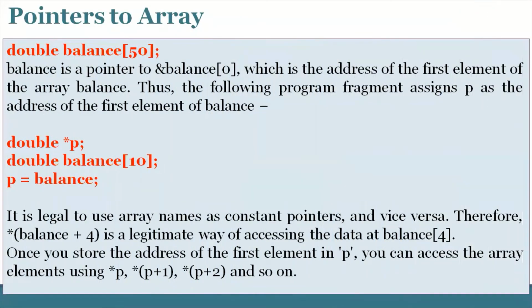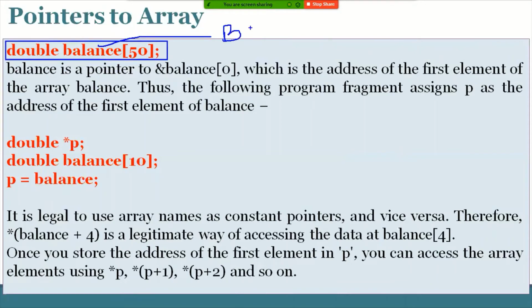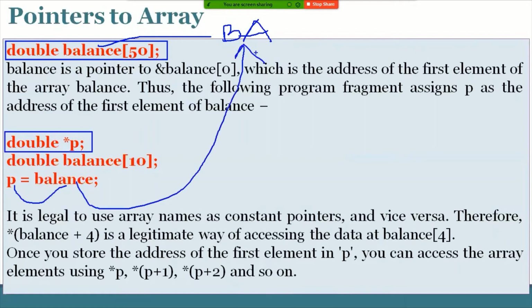That is about the output of this particular program. Then pointer to arrays. In this example, see one double type array variable declared. The array variable itself contains generally the base address. Keep that particular point in your mind. And a double type pointer is declared. That pointer variable is initialized with balance. Balance is what? It itself contains the base address. So the base address will be given to the pointer variable, which contains the base address of the balance array variable.